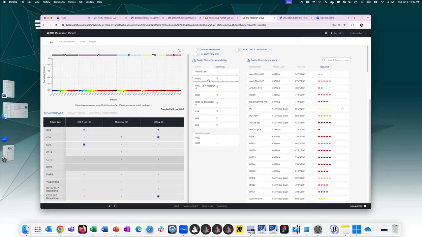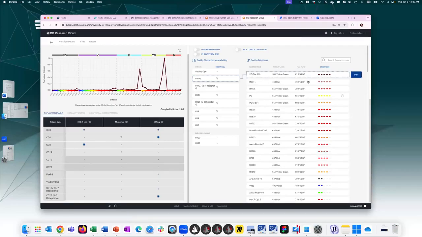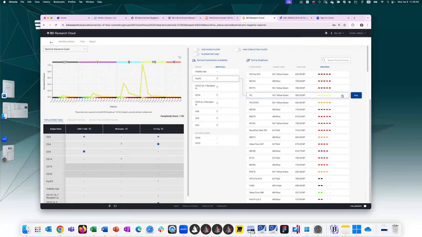So FOXP3 is a low antigen density marker. I want to assign it a bright fluorochrome. So if I do select bright, high to low, I can then start seeing which one of these is best suited for my cytometer. This little check mark here indicates that I do have this FOXP3 PE already in my